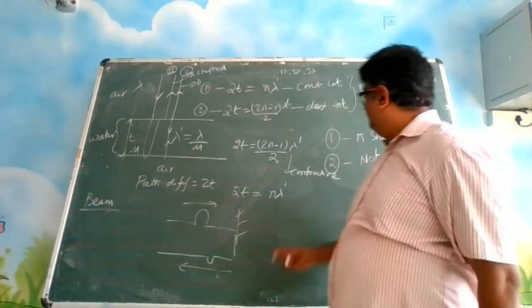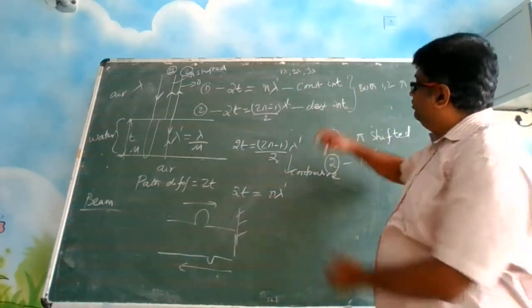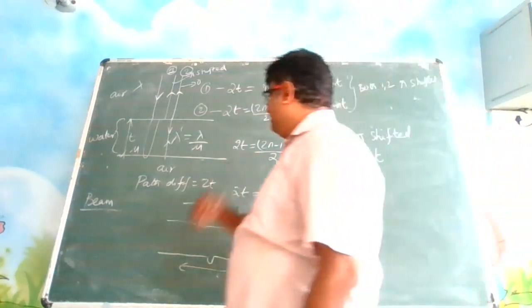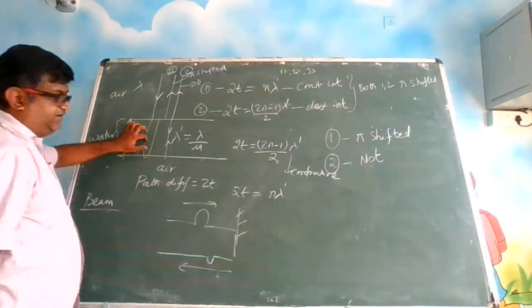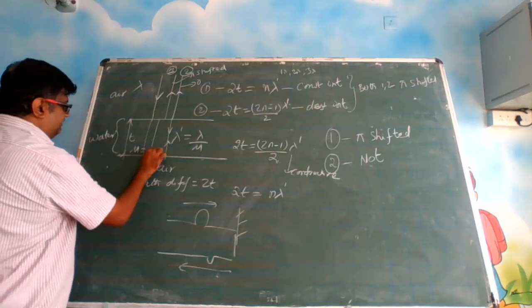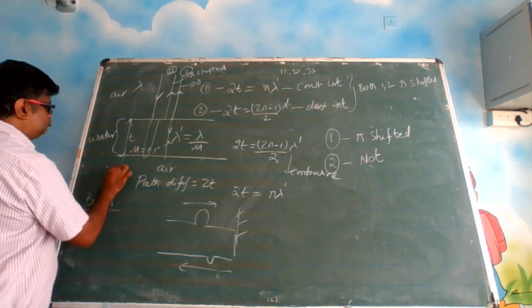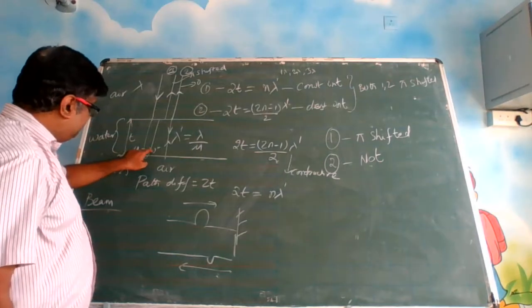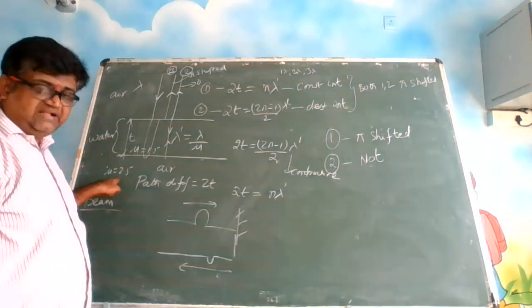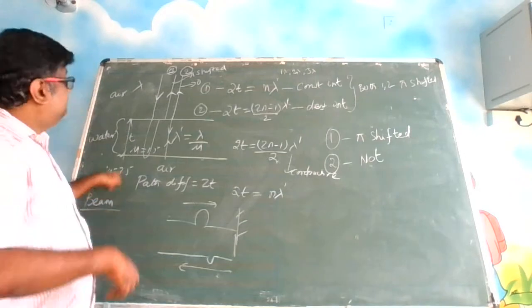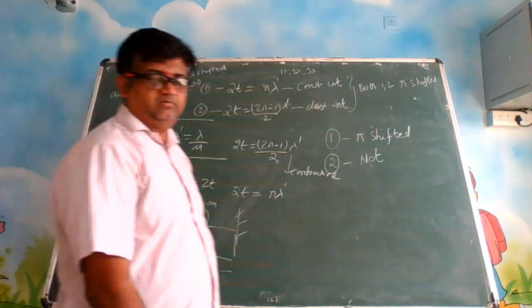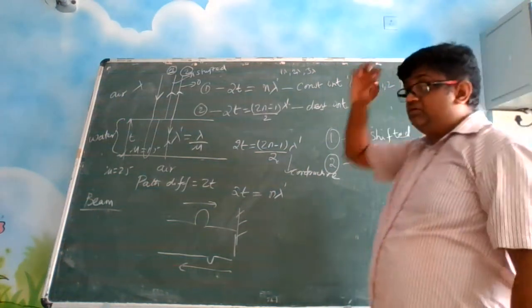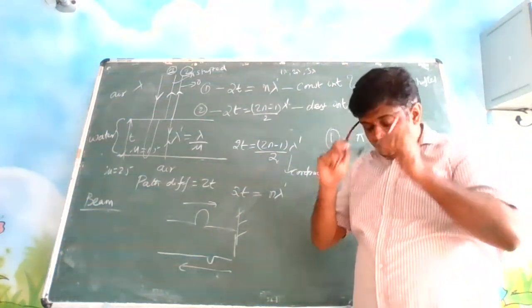So what will happen? Only one is pi shifted. So we have to reverse it and see. Take some other case. If water's mu is 1.5, let us say I choose some other medium whose mu is 2.5. Then compared with this medium, this is also a denser medium. In that case the second ray will also be pi shifted. Okay? So understand these concepts you are supposed to know when you are preparing for a competitive exam